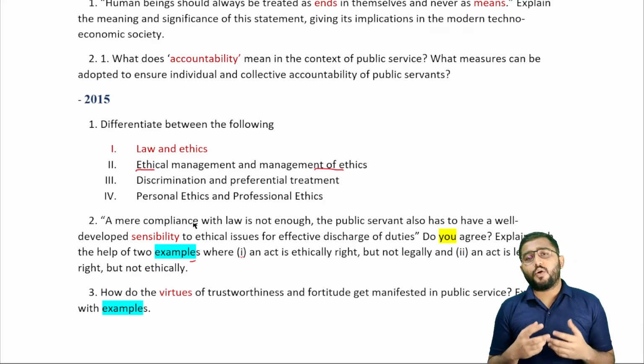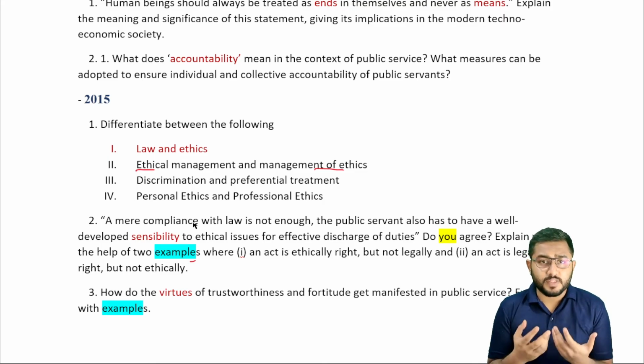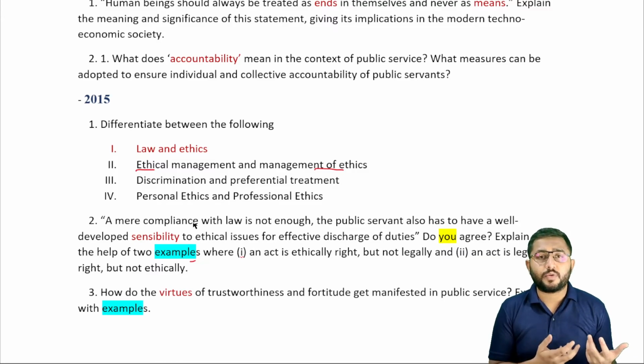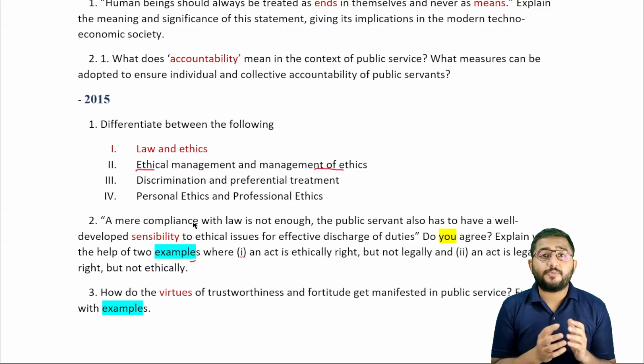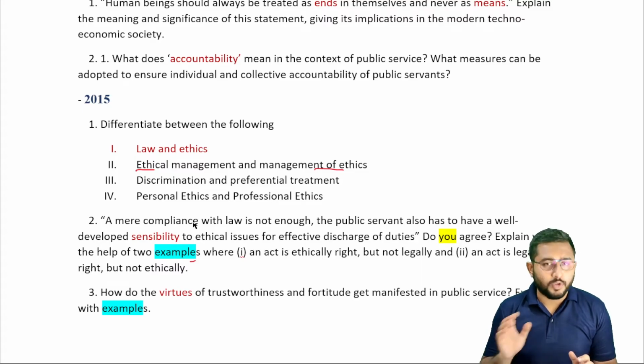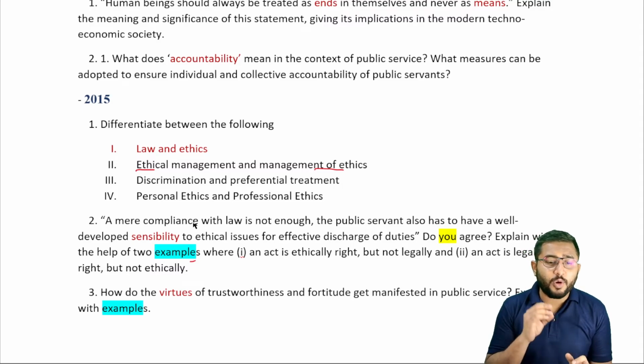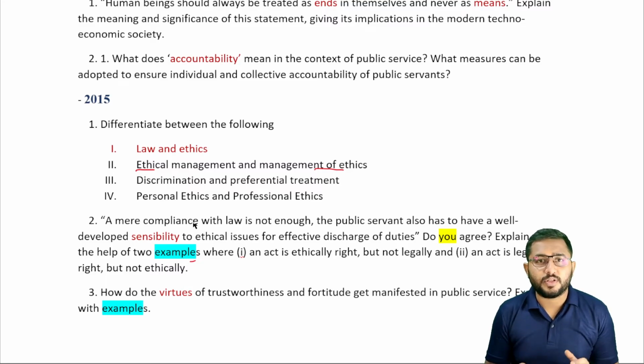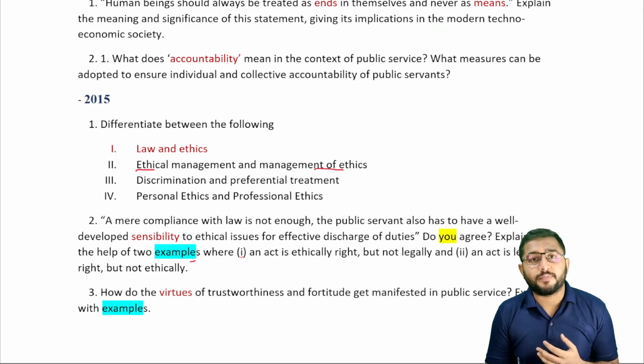Because I understand that a lot of times you are confused, especially the people who are giving this examination for the first time, that how do I derive my understanding from previous year question papers when I haven't read the topic itself. You have to understand what UPSC is trying to ask. You don't have to know the topic, you have to understand the tone of the question. I told you, the core value of the question and the core ask of the question. अगर आपने ये दोनों चीजें analyze कर लेंगे, तो आप कोई भी question analyze कर पाओगे, कोई भी question किसी भी topic का. Okay, so this is our understanding of the question paper.